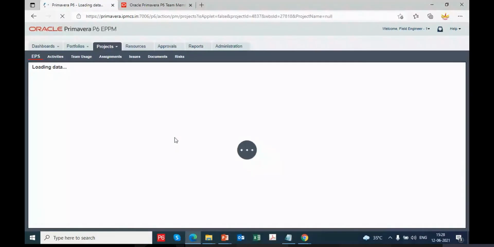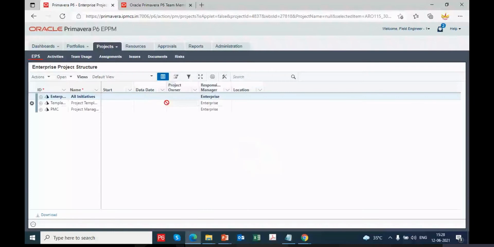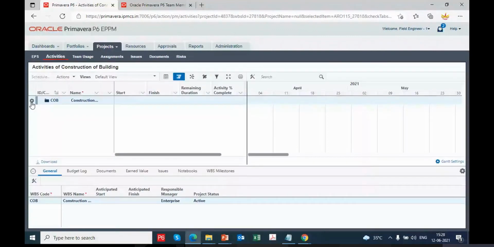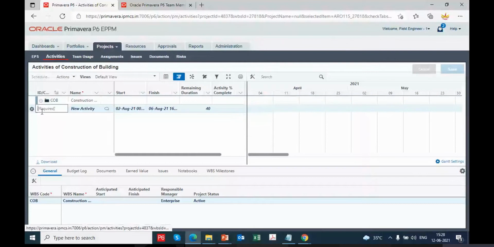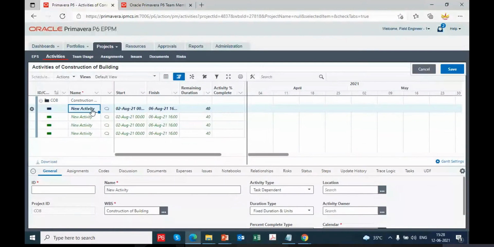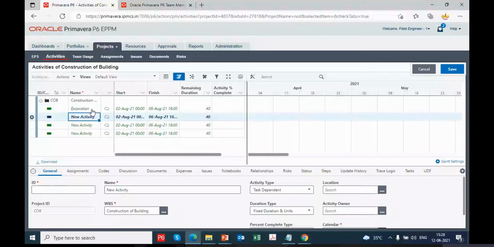Go to the activities page. You can add the activities and plan in detail for this project. I'm entering the activity name. Similarly, we can enter the duration also. I'm giving the relationship between the activities.